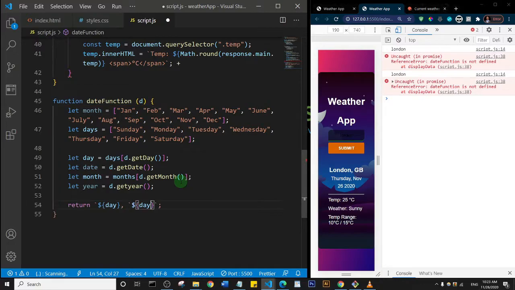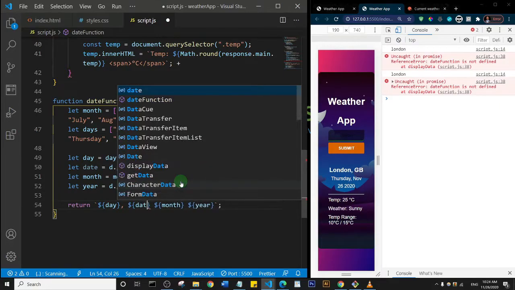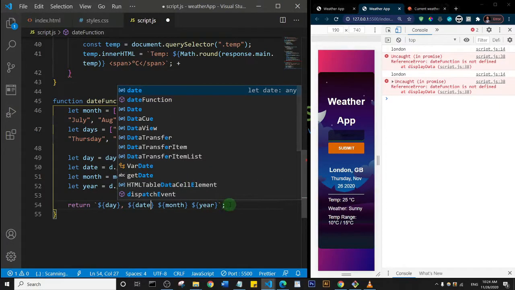So I'll just paste that in, and I'll paste that in one more time. So this is going to be year, this is going to be month, this is going to be date. Okay,